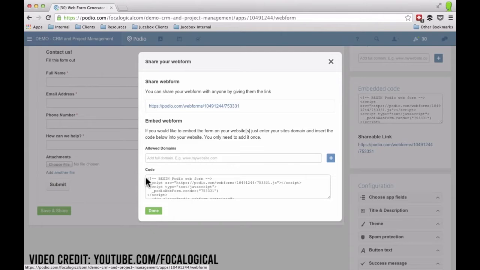One thing to make sure you do, if you do embed the web form, is put the domain that you are putting that form on. What I mean by that is, if I was going to put it on my own website, focalogical.com, I would need to make sure that focalogical.com is here. The reason for that is people can take that code off of your website and put it on their own website, and you'd still be getting submissions from that. So Podio added another layer of security that says only enable submissions to this form if it's hosted on this website. So make sure you do that if you're